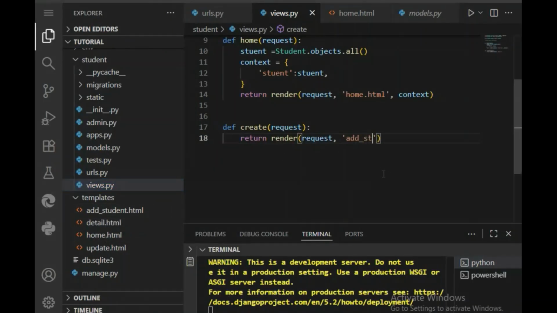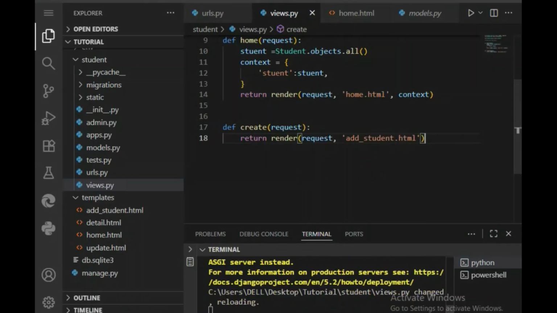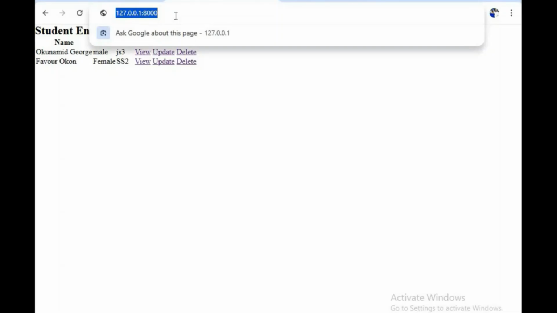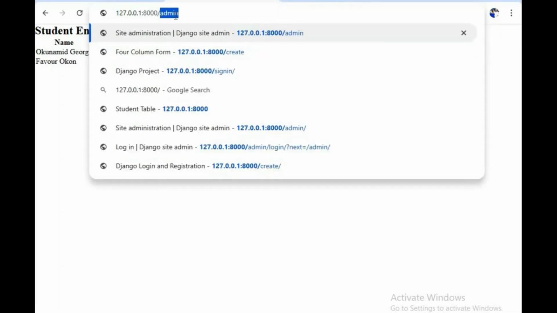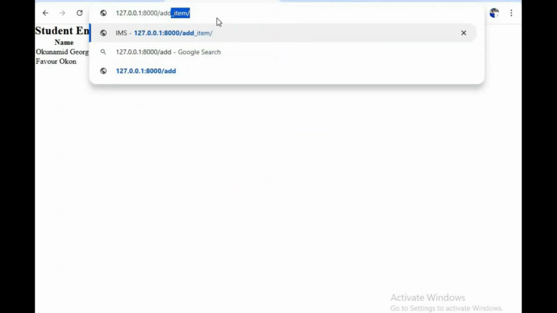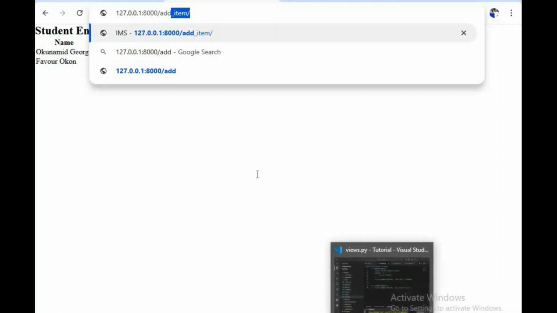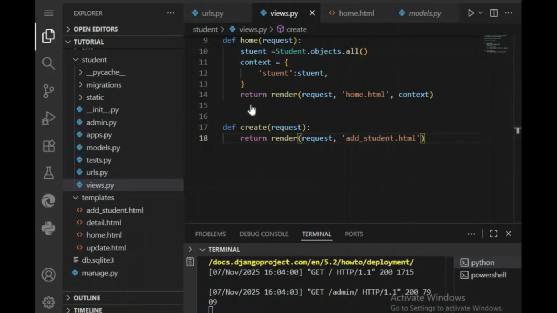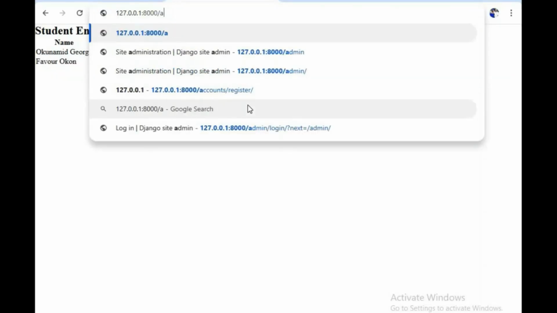render. Take two parameters, request, and we are going to look at a template we have here known as add_student.html. Say add_student.html. All right, so we are done with that. So refresh. If I come here and say slash create